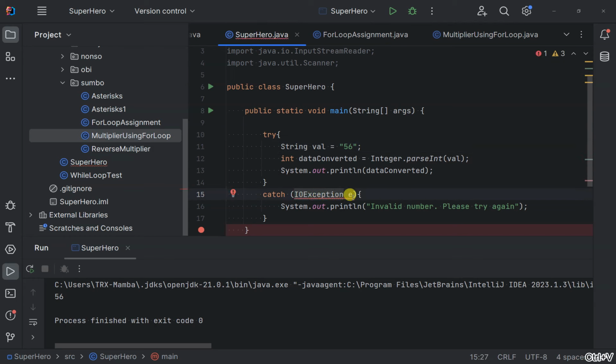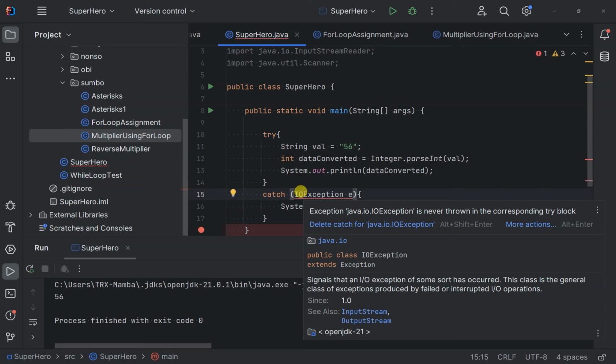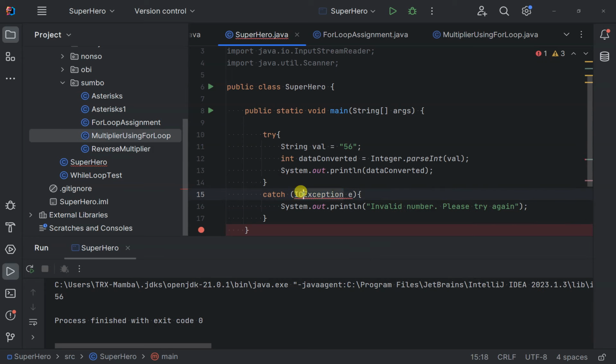But sometimes you might not even know the name of the exception. An alternative you can use is just to type exception. Exception catches all types of exceptions. It doesn't matter if it is an IO exception, number format exception, or whatever kind of exception. This is actually the grandfather of all kinds of exceptions. Now, if we go to the internet, I'll show you guys a sneak peek of the exception tree. So I'll search Java